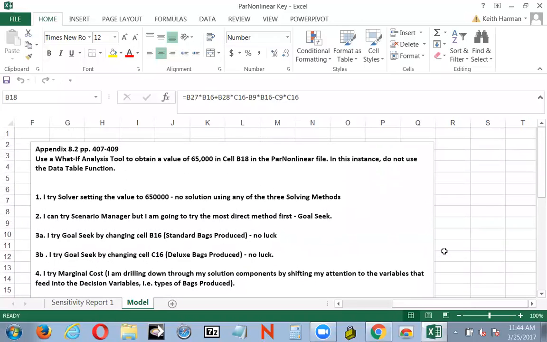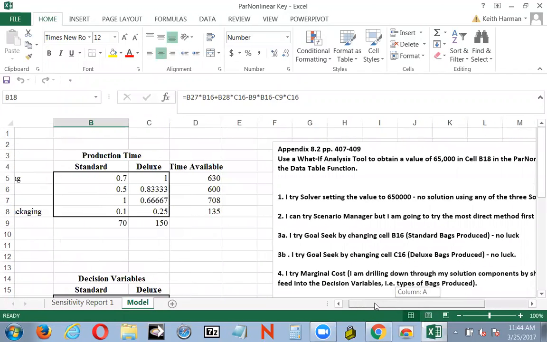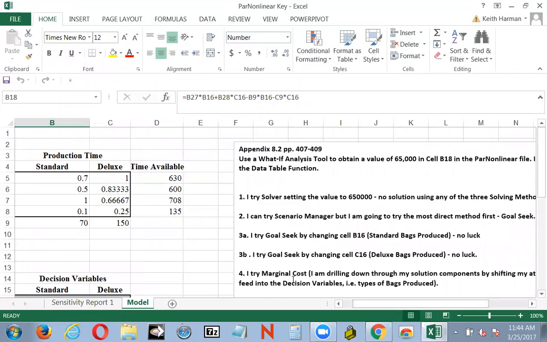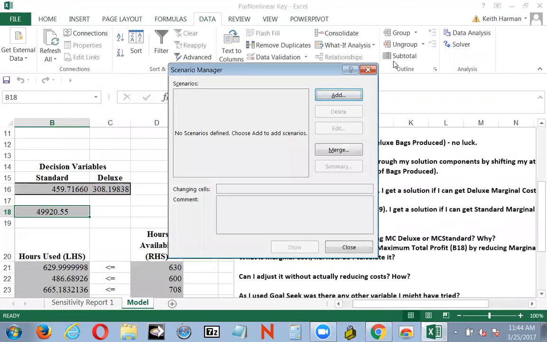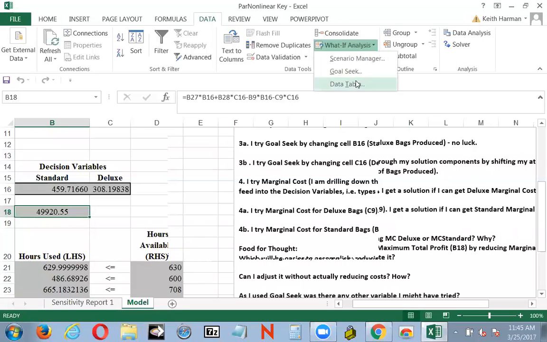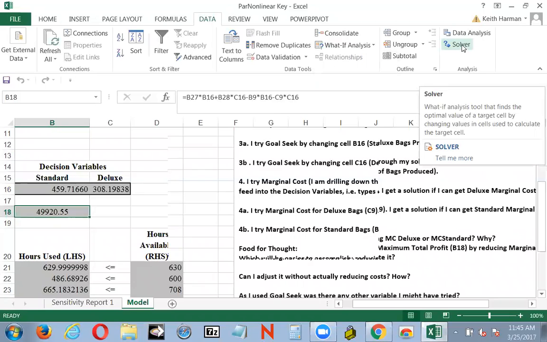In this file, in this instance, don't use the data table function. Well, a what-if function is quite simple. We have two of them. So I eliminated the data table, so the two that are left, and we'll click on data. And on the what-if analysis, or scenario manager and goal seek. Let's click on scenario manager, okay? And pardon me, on the goal seek, excuse me, on solver. And of course,